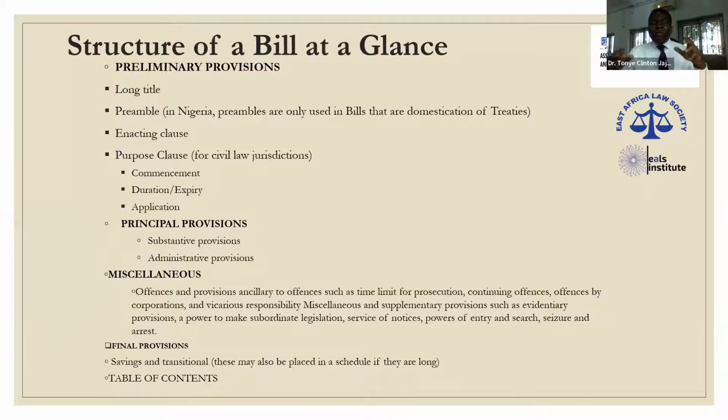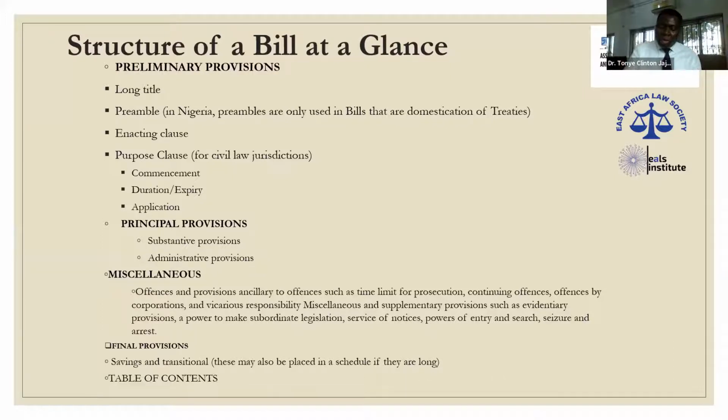It says that for every federal government agency, there must be a representative from each of the 6 geopolitical zones in Nigeria. Nigeria has 6 geopolitical zones. So you must appoint one person from each of the 6 geopolitical zones as a member of the board of that federal government agency. So it's very important.